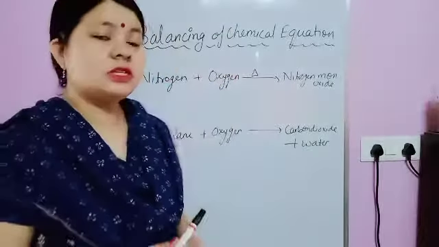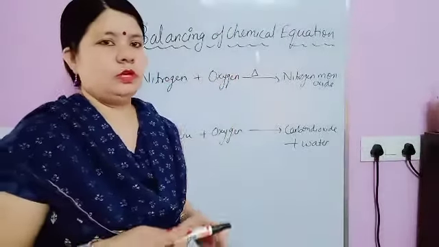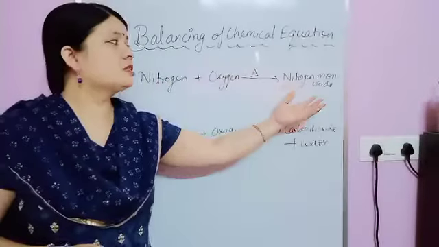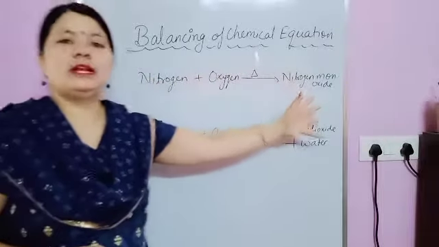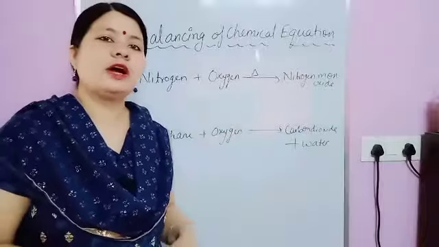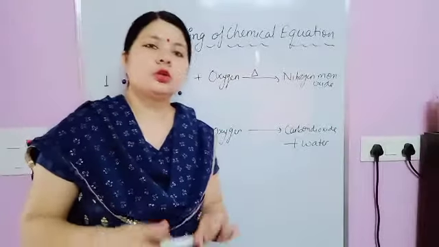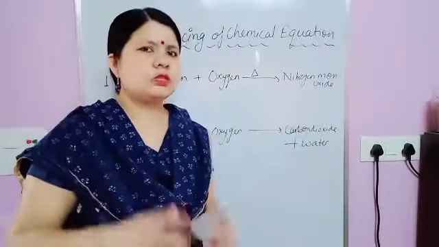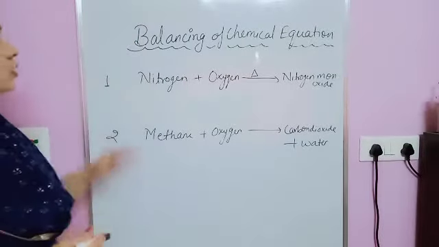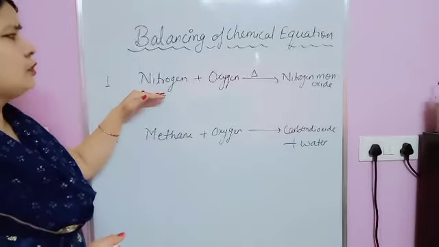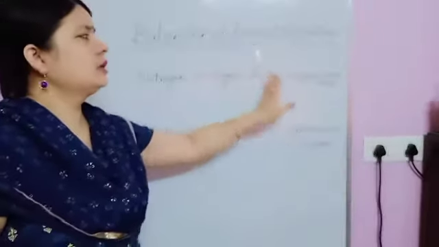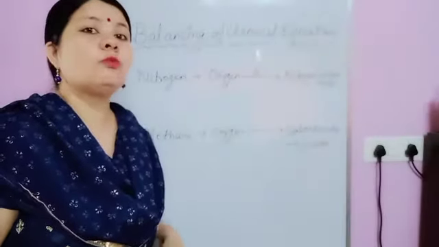Now just see the special problem that students find in this type of question. The reason is that first of all, a normal name is given and you have to write the equation and after that you have to balance it. So chemical formula, you have to use your mind a little. In this one, first of all nitrogen reacts with oxygen. When we heat it, it gives nitrogen monoxide.